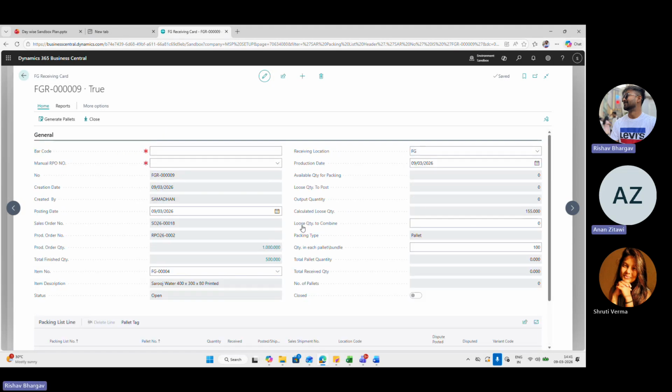So it appears in the FG receiving card. Where you see